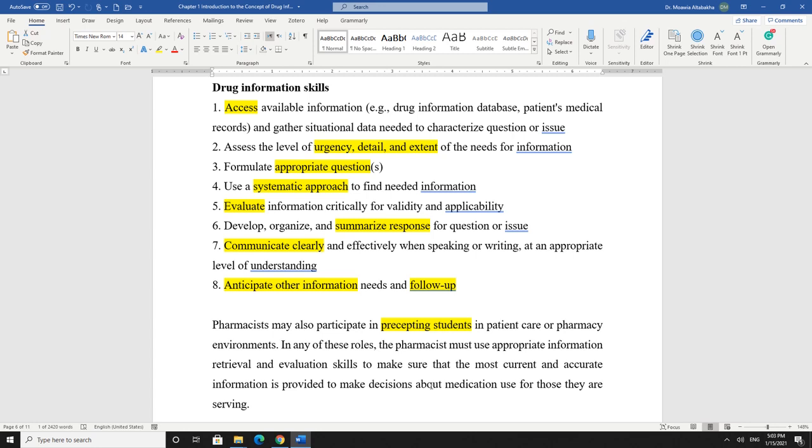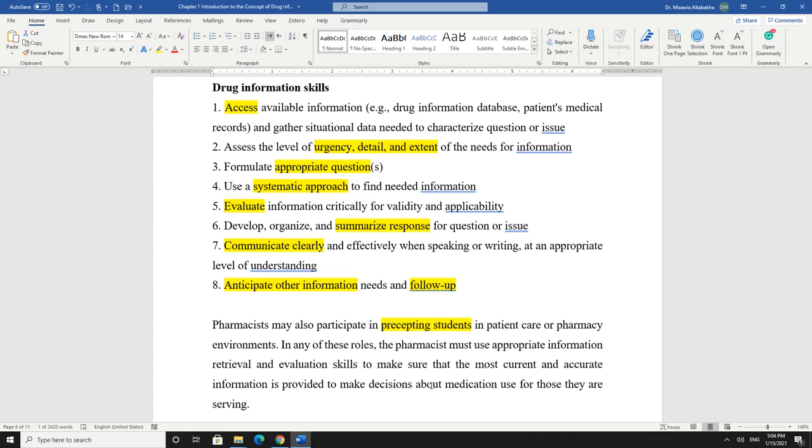For example, see how the question changes, and the way of changing it and the search strategy changes. At first it was specific to cinnamon, so if I answer him no, and after I searched I told him no, it does not, he would say, okay, which herbal product can reduce blood sugar? That becomes another question, and I go to search again. No, I need to know what is the ultimate question, the real question. After I know that and I categorize the question, whether it's about mechanism of action, about side effects, about what exactly, then it will allow me to do a systematic approach to search to get the information. I know where to go because I know the category of this question.